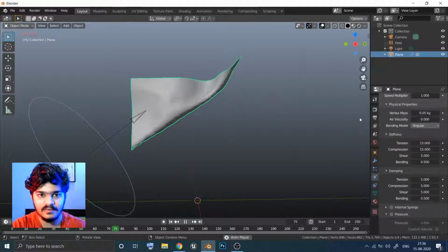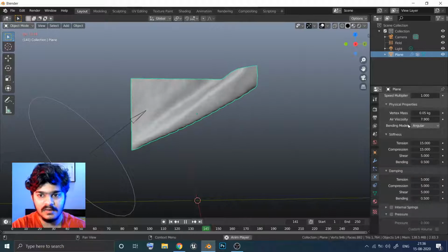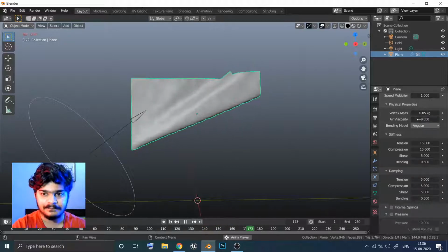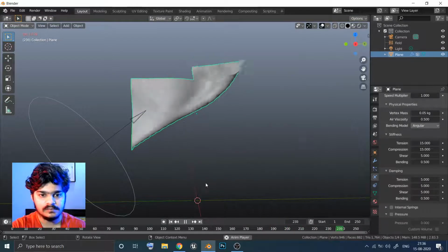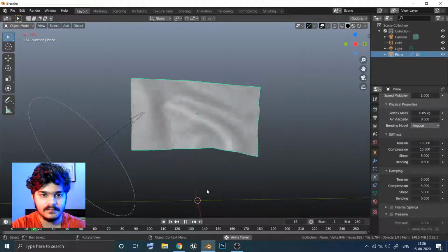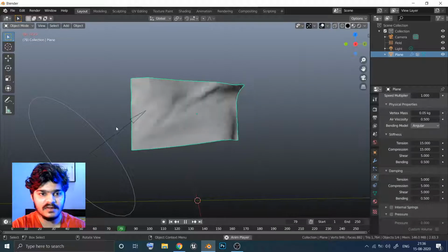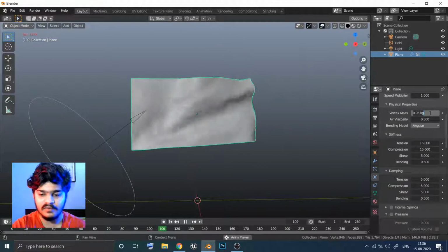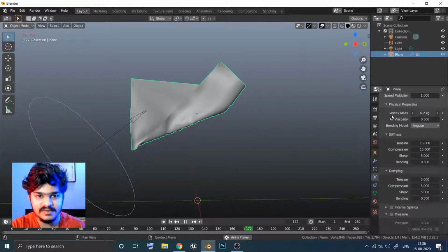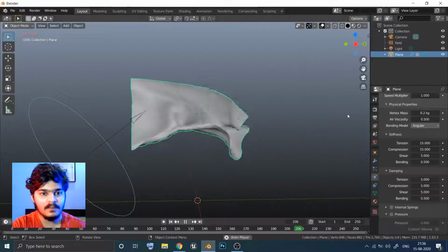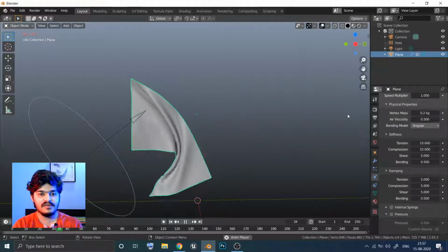If air viscosity is 0, then it just becomes bad. If the air viscosity is high, it resists. Okay, 0.5 should do great from the beginning. Yes, this is looking great. So you can of course experiment with different stuff. I think the wind amount is too high, and also we have decreased the size too much, that's why it's not working well. But you get the point. You just need to play around with different settings and you will get different results.